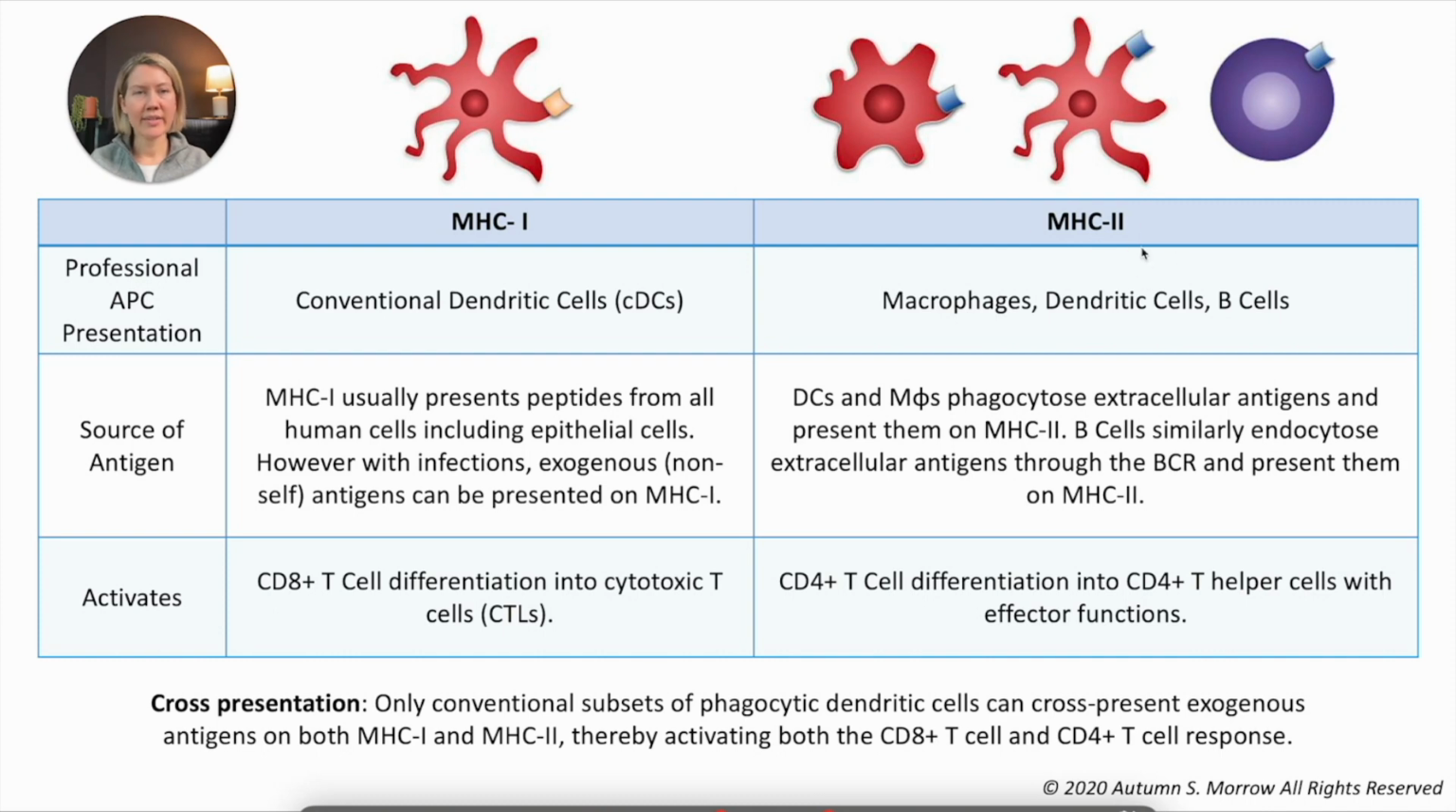MHC-II, on the other hand, is going to be found on just macrophages, dendritic cells, and B cells. MHC-II is really helpful for guiding the differentiation of naive CD4 cells into mature T helper cells with effector functions. Now, the only antigen-presenting cell that's capable of expressing both MHC-I and MHC-II for pathogens is the dendritic cell. And that's really important because it actually creates this co-stimulation between T cells that ends up helping and enhancing the